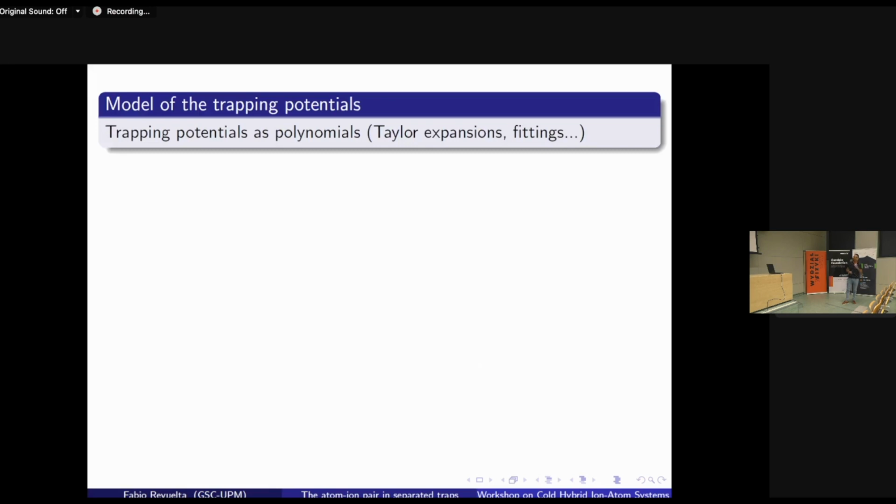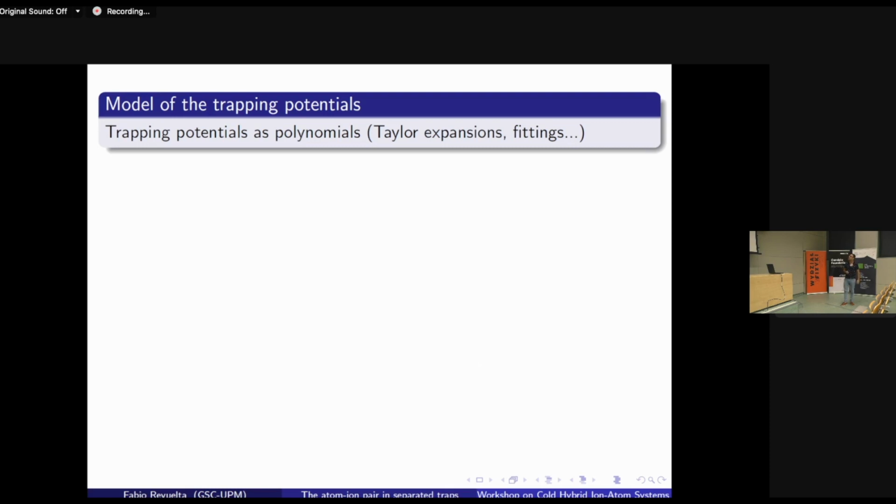Okay, the way we describe the potentials is, in principle, we could use any one, but at the end, to put it in our machinery, we have to describe it as a polynomial, right? And so that means, for example, if we want to describe an optical lattice, we can only describe, let's say, 1, 2, maybe 3 wells, but not more, because at the end, the polynomials diverge towards infinity or minus infinity, and then we are not able to go too far. But in this case, if we have just two single wells, then it's okay. So it's not a problem. We can describe it using just a Taylor expansion along the minimum, or making a fitting of the potential, or